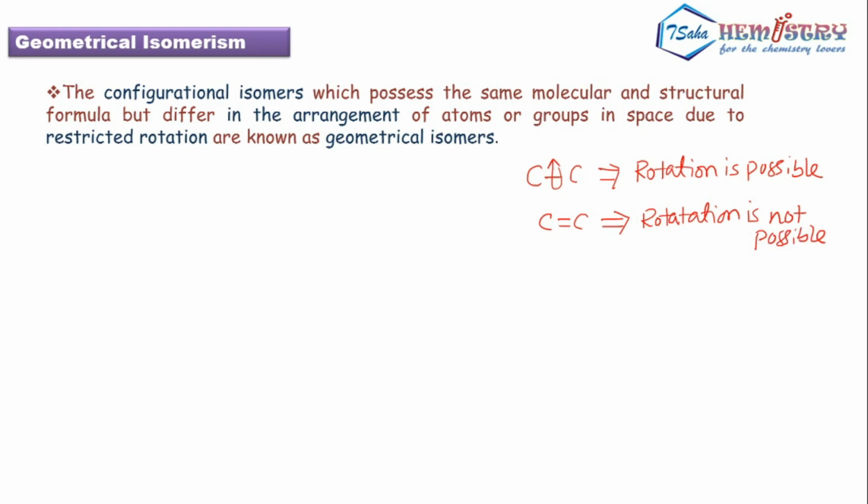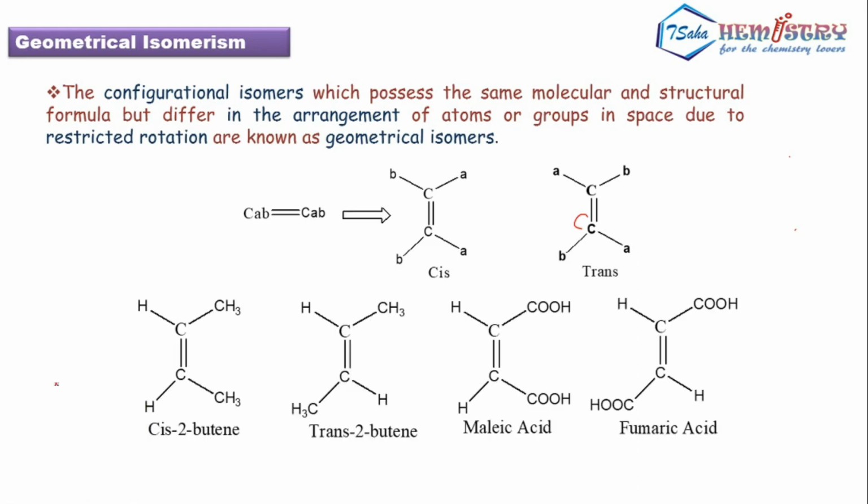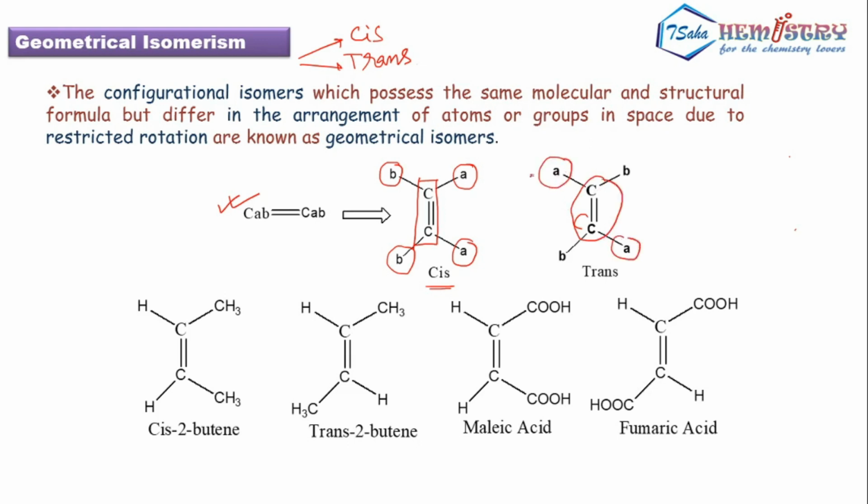Now the point is, suppose you are having a molecule like this, that is CAB. Okay, look at this molecule very carefully. You can see that across this double bond, the same groups are on the same side of the double bond. That is the reason why we would say this is an example of cis isomer. So geometrical isomerism has two types, one is called cis, the second one is called trans. What is trans then? Across this double bond, if similar groups are present on opposite sides, then it is known as trans isomer.